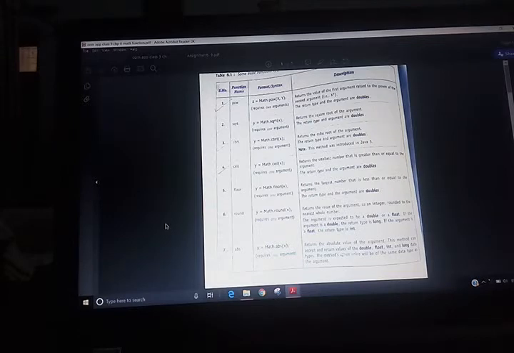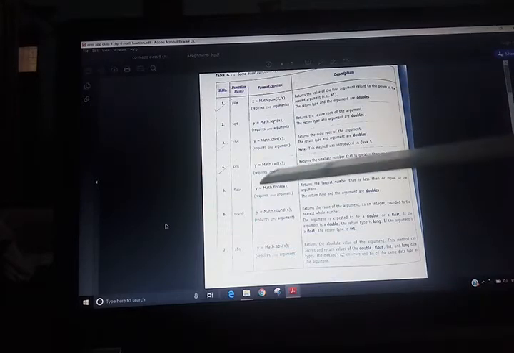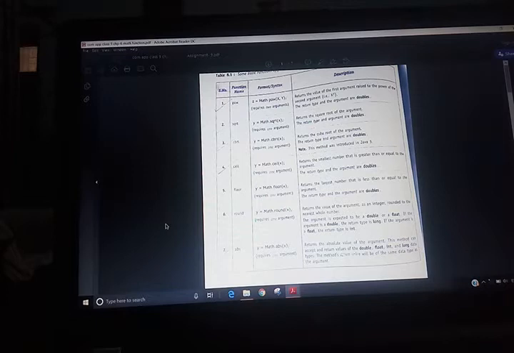Then next is ceil, which returns the smallest whole number that is greater than or equal to the argument. It requires only one argument. Then next is floor, which requires one argument and returns the largest number. So ceil gives the smallest and floor gives the largest.